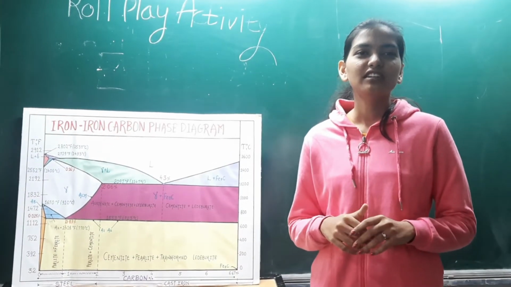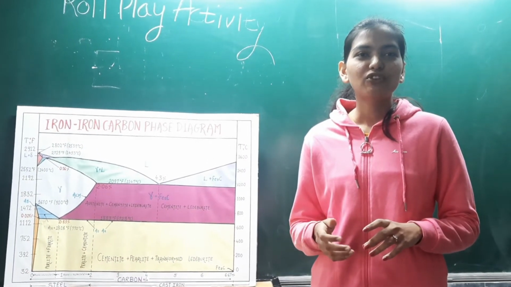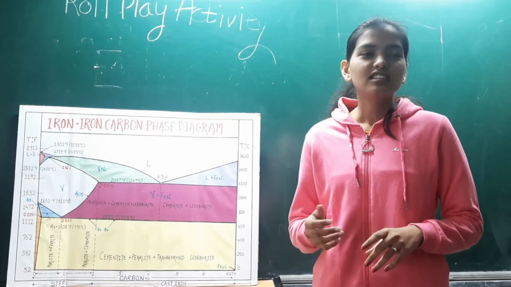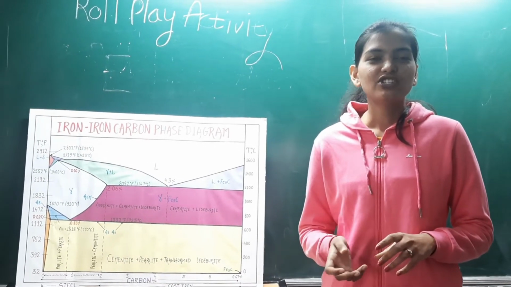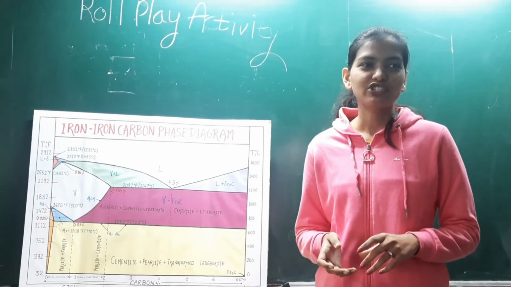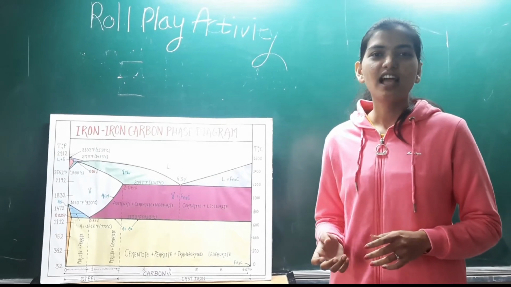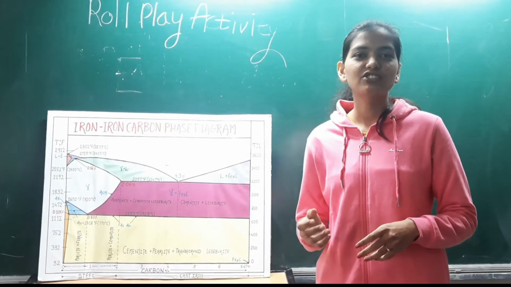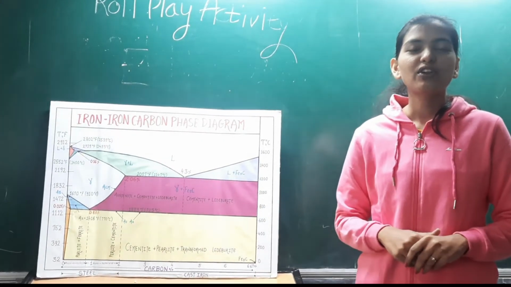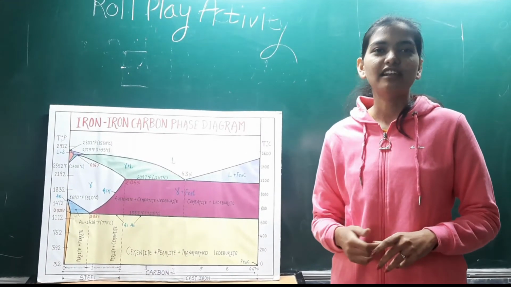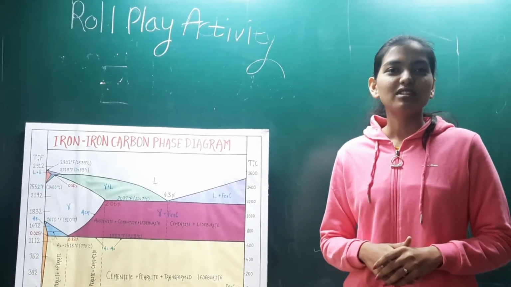Some factors, like high temperature and certain added alloying elements, affect the decomposition and promote graphite formation. I am hard and brittle, which makes me suitable for strengthening steel. My mechanical properties are a function of microstructure, which depends upon how I mix with ferrite. I have a large amount of carbon, that is 6.67% carbon.